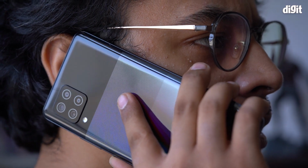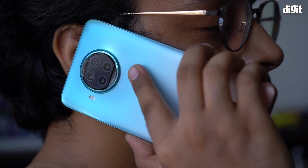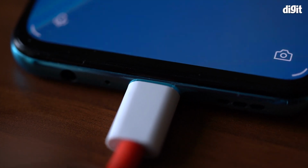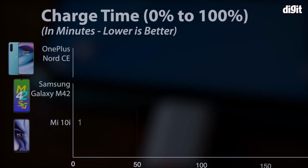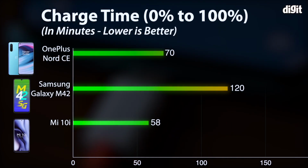The Galaxy M42 has the largest battery capacity among the Nord CE and the Mi 10i, but it only supports 15 watt fast charging, while the other two offer 30 watt and 33 watt fast charging respectively. Due to this, the Mi 10i is able to charge the phone at a faster rate than the Nord CE